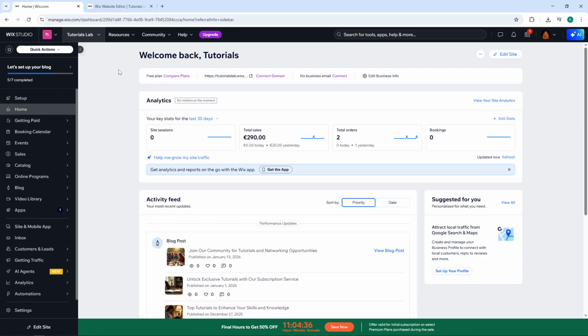Today, I'm going to teach you how to change the font size of menu items in Wix. This is a simple customization that can make your website's navigation more readable and better suited to your overall design